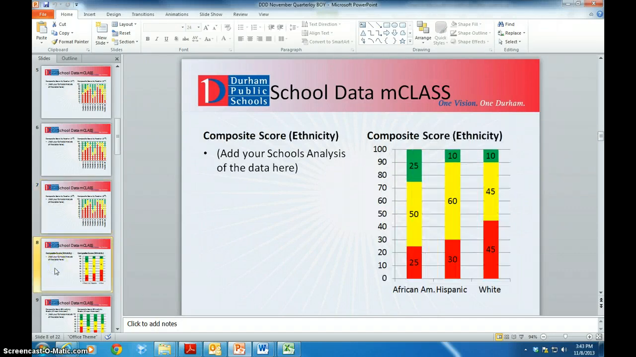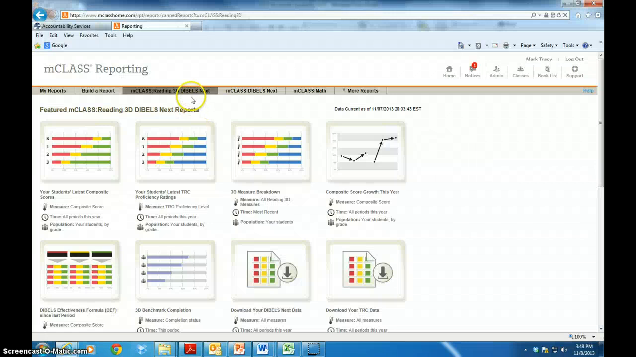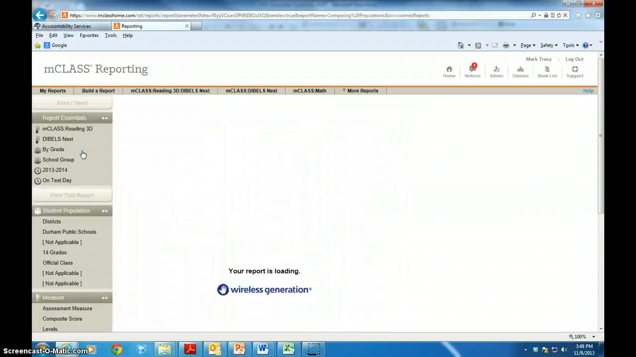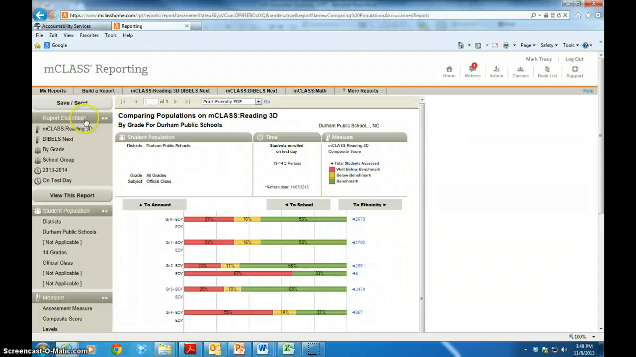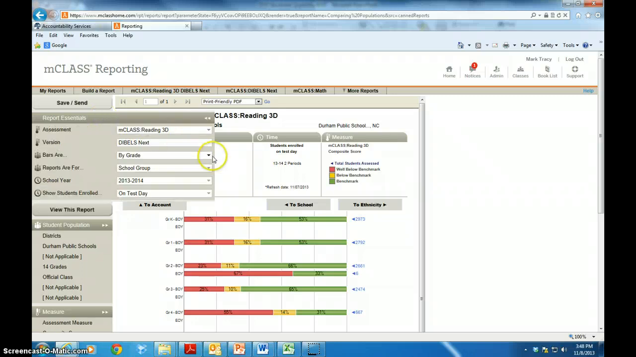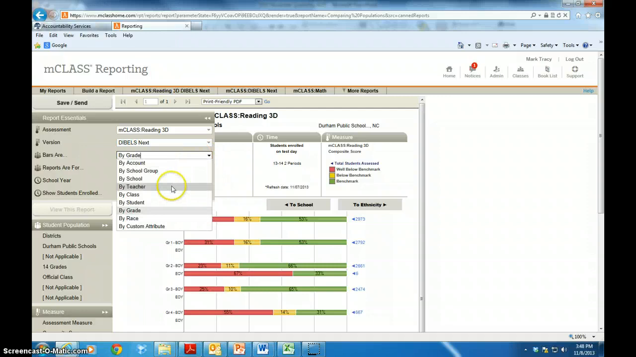The next area that we will be going into is composite score by ethnicity. To obtain your racial subgroups, go back out to your Reading 3D Next tab, click on your composite score again. Please note that I have a district view, but your view should be very similar. Once you've gotten back into your composite score overall, please go to Select by Race,